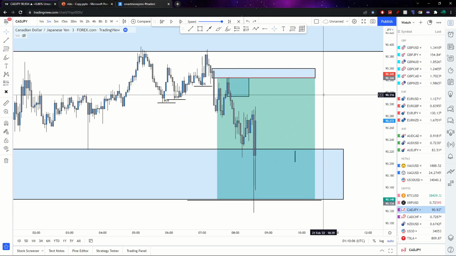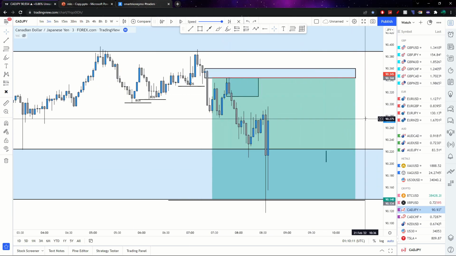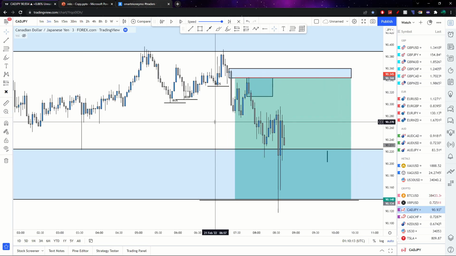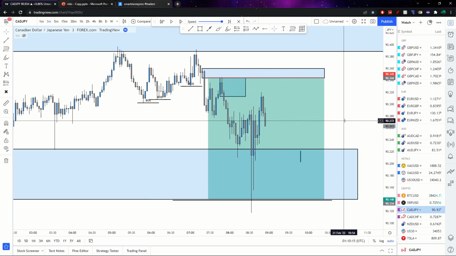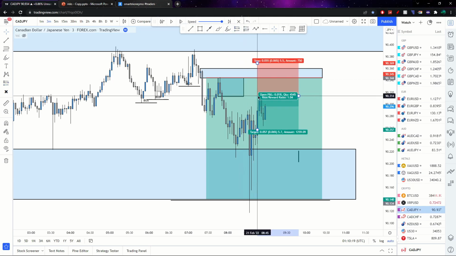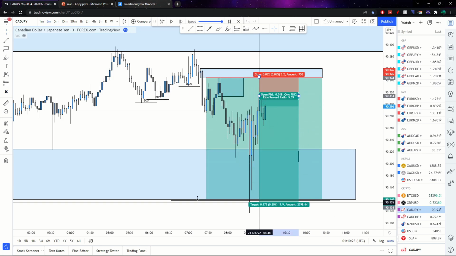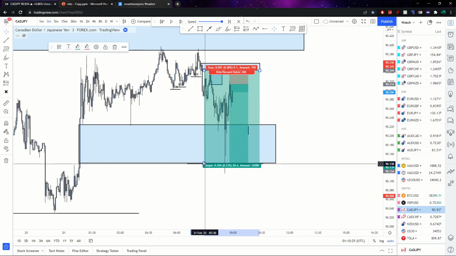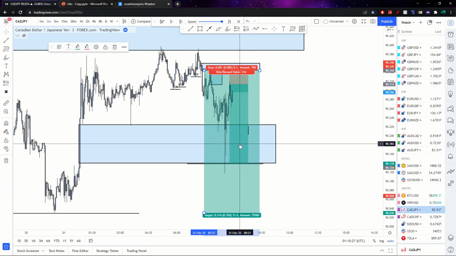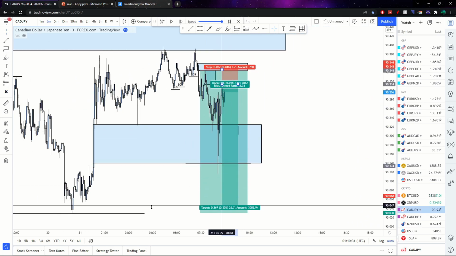Now all we have to worry about is getting re-entries, right? And re-entry number 1 could have been through this supply zone right there, because there's a valid supply zone, broke structure to the downside, right? So you could have re-entered from there, and I'll just bring in all of these re-entries, and we can see how much RR you could have collected by the end, right? Okay, so now if we just set it to about here, right, and then we have this one over here,